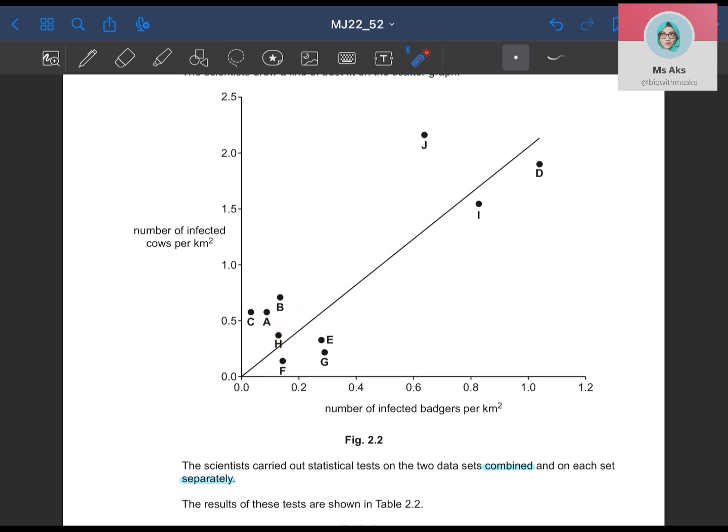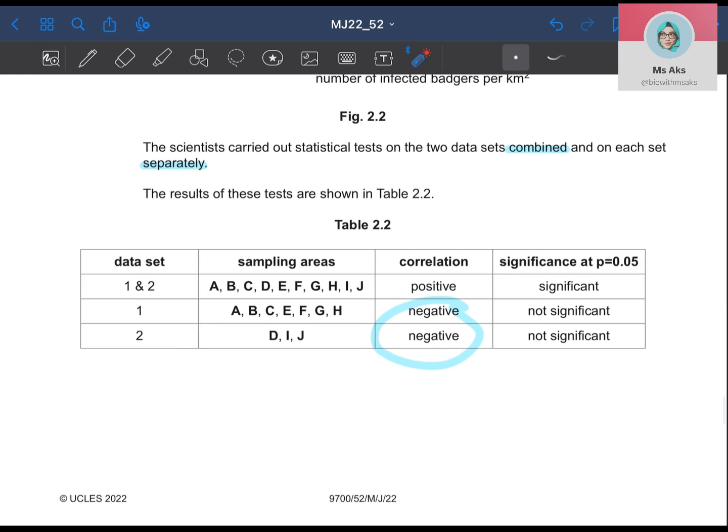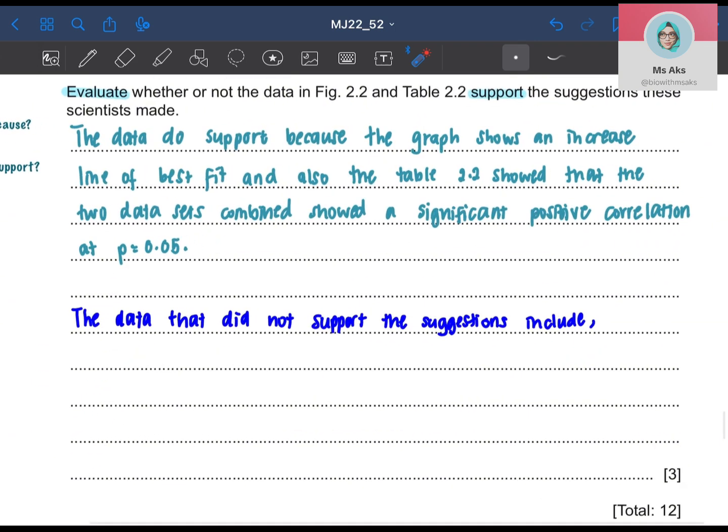We also need to remember that the data is probably affected by the fact that these readings for different data sets are taken from different years. So that may not be supporting the correlation, obviously, because it is showing a negative correlation. So you can add that as well. Did not support the suggestion include: